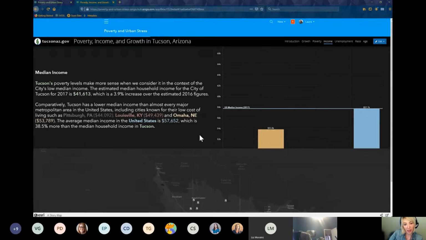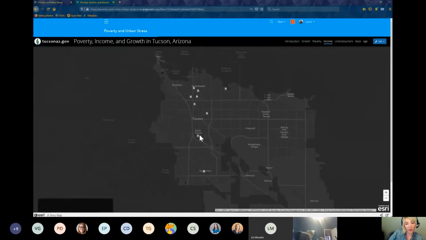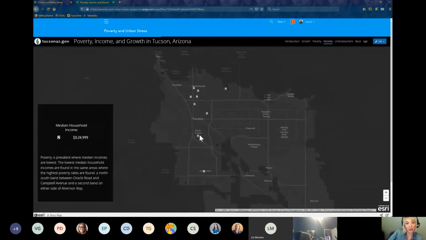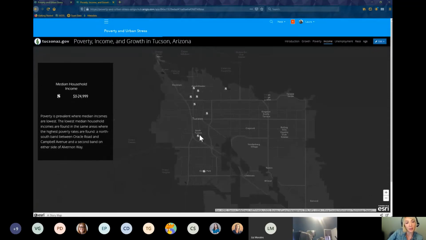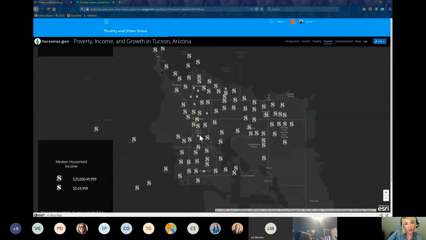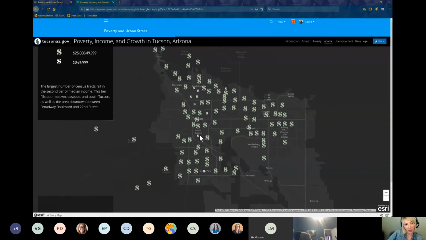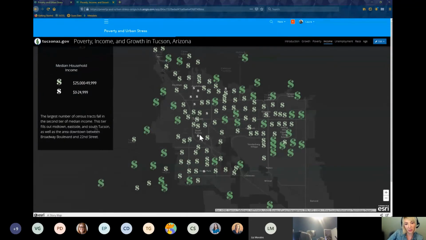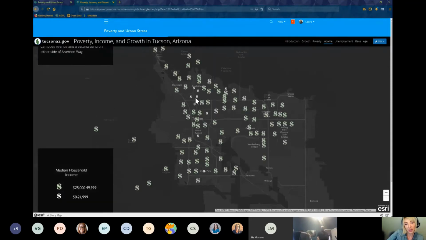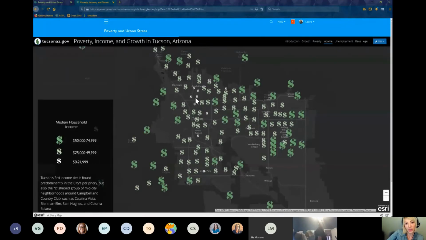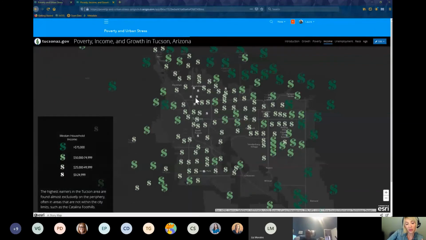And yeah, so the rest of the story map, you should probably just explore it yourself, but I can continue to highlight some pieces. Median household income, as you scroll down, you see how these pieces of data are building on each other. So you get a sense of where income is lowest and eventually where income is highest. So you start to see patterns about what's going on right here in Tucson